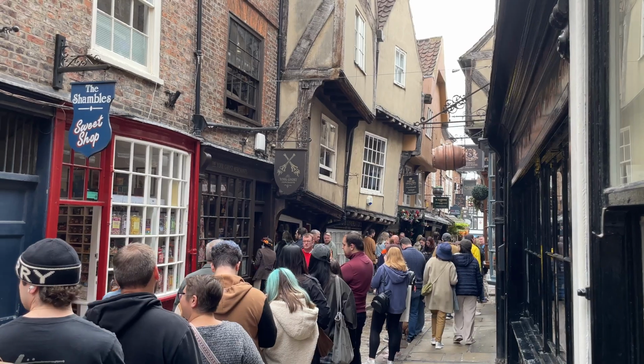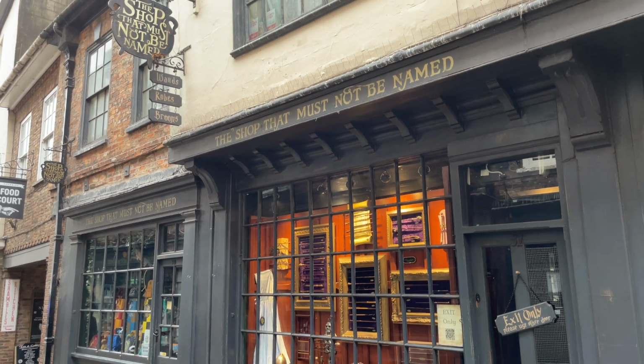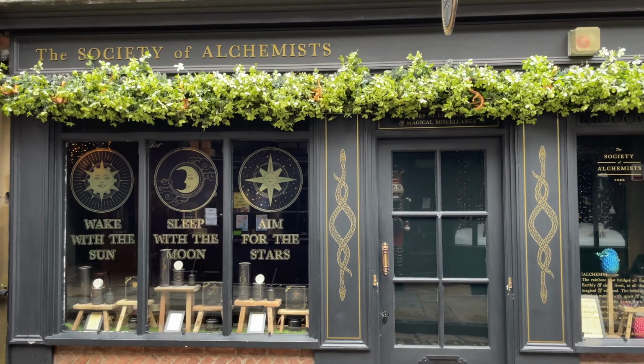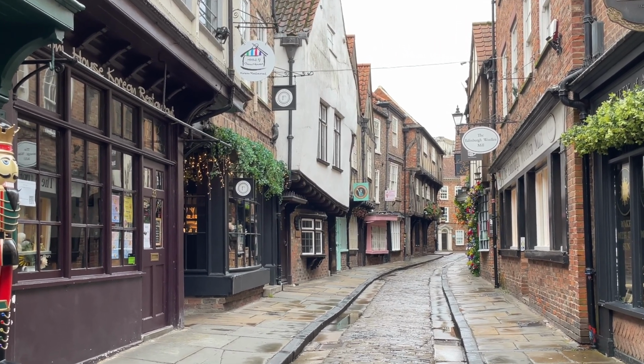Today, however, it's best known as the inspiration for Diagon Alley, and for any Harry Potter fans out there, you'll feel right at home. You can find everything you need for another year at Hogwarts, from wands and robes through to sweets and potions. There is, however, one building that many people pass by without stopping and noticing, and that